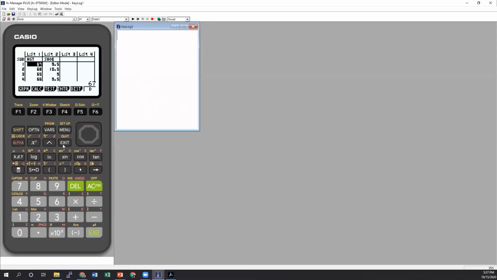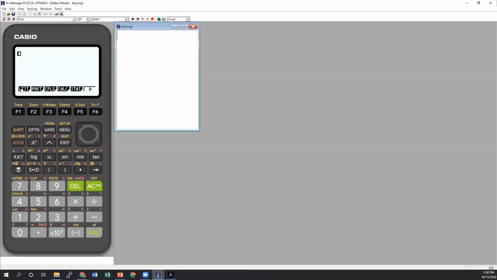But another way to do this is if we press menu and arrow over, go back and go to run matrix. We would need to know what some of that text would need to be, and instead of having to memorize that, I'm going to go to the button that says OPTN, which is short for option.